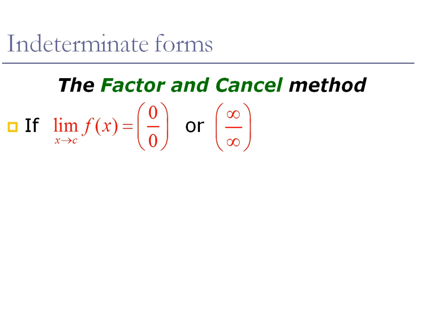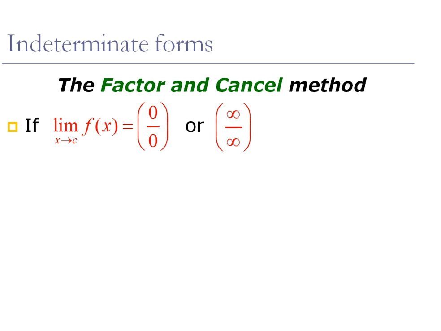Well, first of all, in the first case, it means that we're trying to divide a small quantity by another small quantity, right? And anything can happen in that situation. It depends on how the two small numbers are related to each other. The top one could be much bigger than the bottom, creating a large limit or even an infinite limit. The top could be smaller than the bottom, in which case you end up with a very small number and so on. So we don't know, it's an indeterminate form, but we're trying to figure out what it is. And the same thing in the situation of infinity over infinity. Ratio of two large numbers, it depends on how they're related to each other,